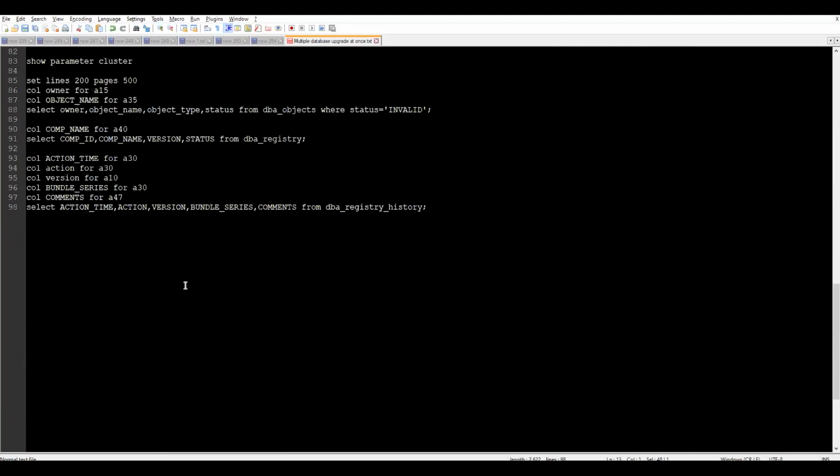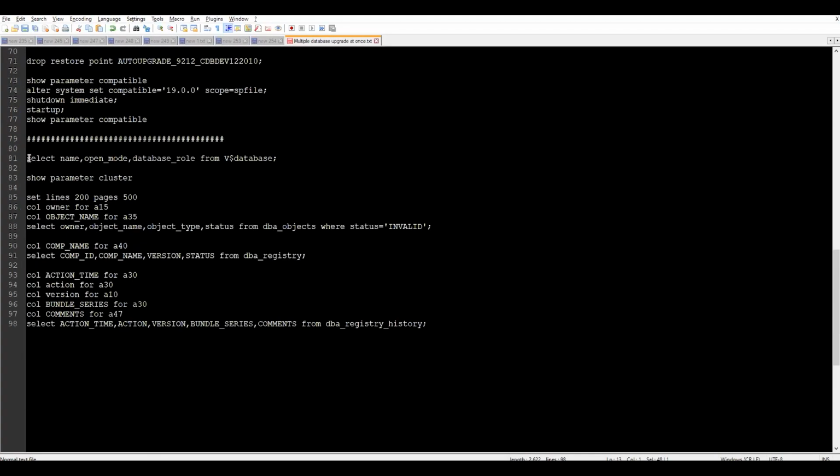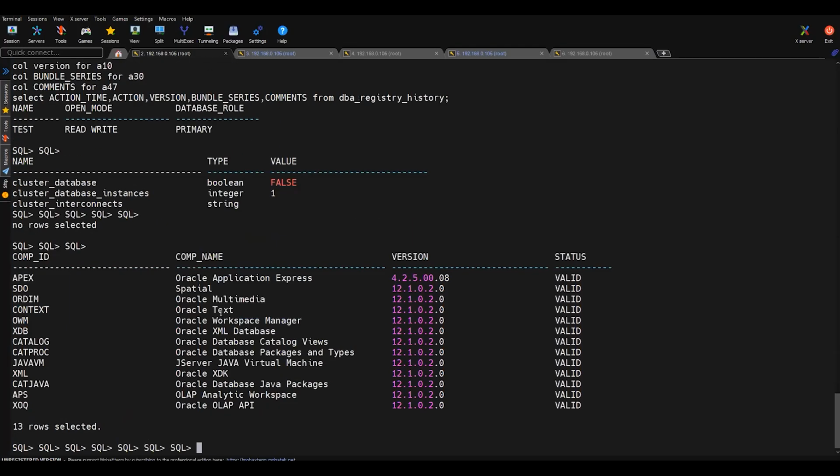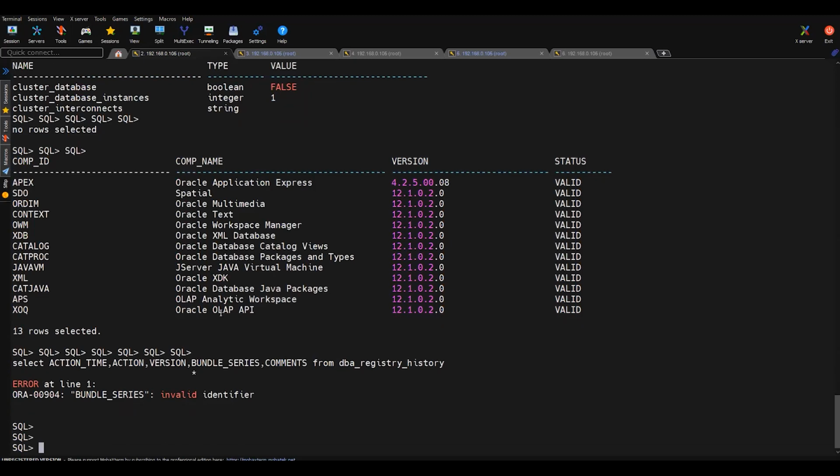Before you upgrade any database, make sure you take all the prerequisites, like sufficient space. I'd also suggest that whenever you upgrade any database, make sure there are no objects residing in the recycle bin. So try to purge the DBA recycle bin.